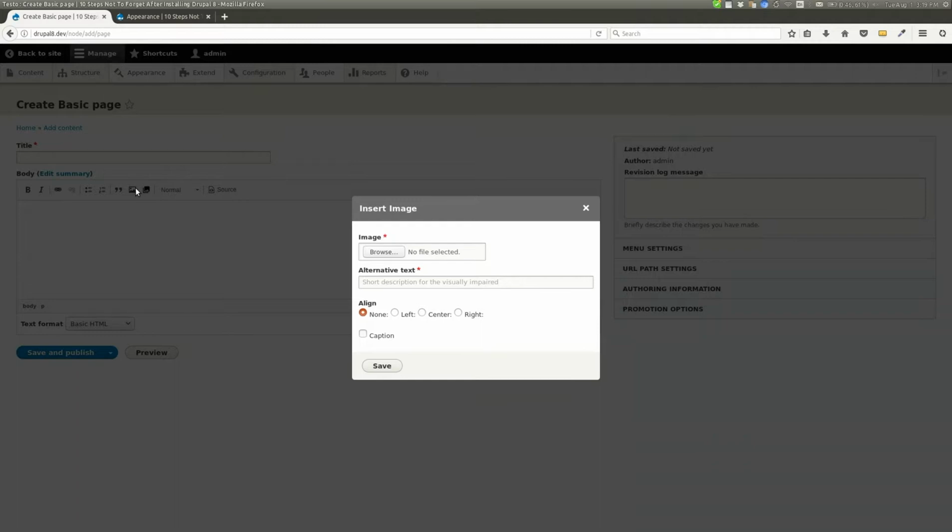Now Drupal 8 is moving towards using the Media module, which is a whole different paradigm for images, and it's a big change for the end users. There are some advantages to it, but ahead of time you're going to have to determine whether you're going to do something like IMCE to manage your images or do Media. So for instance,